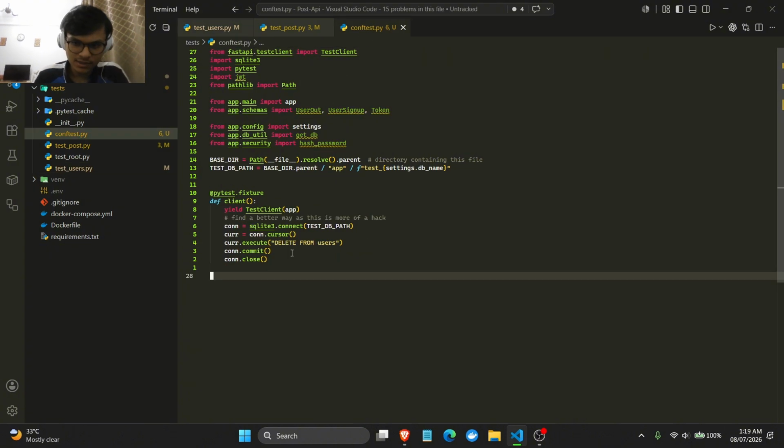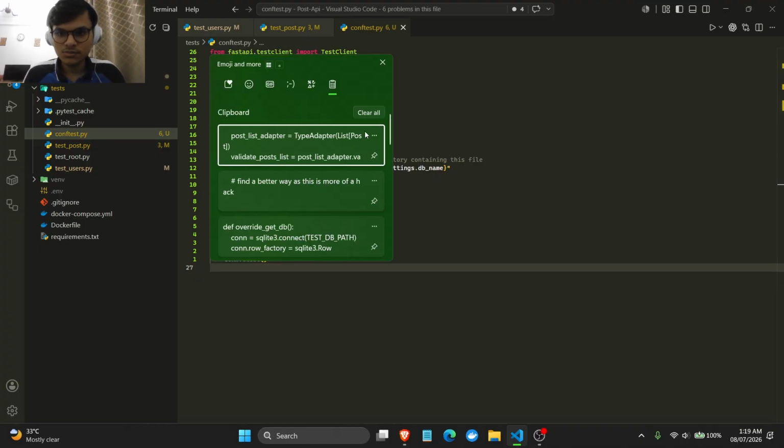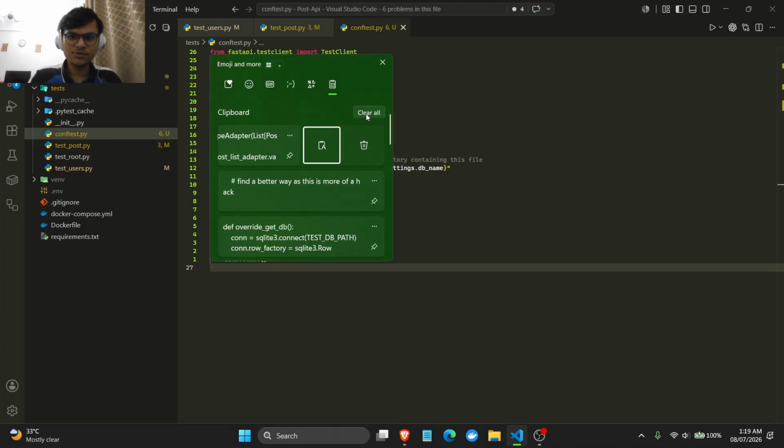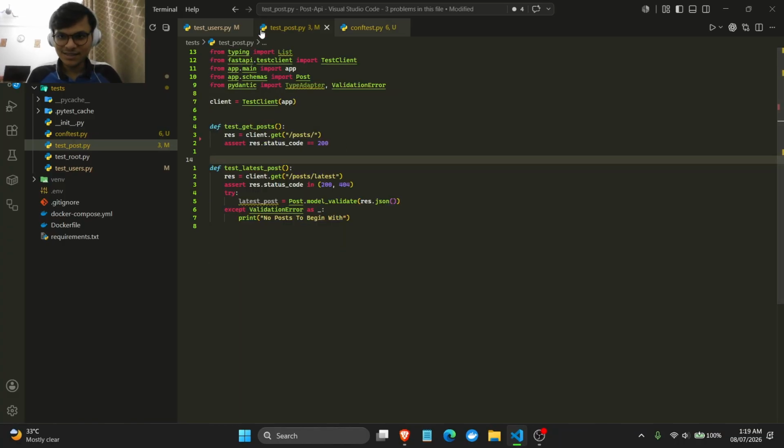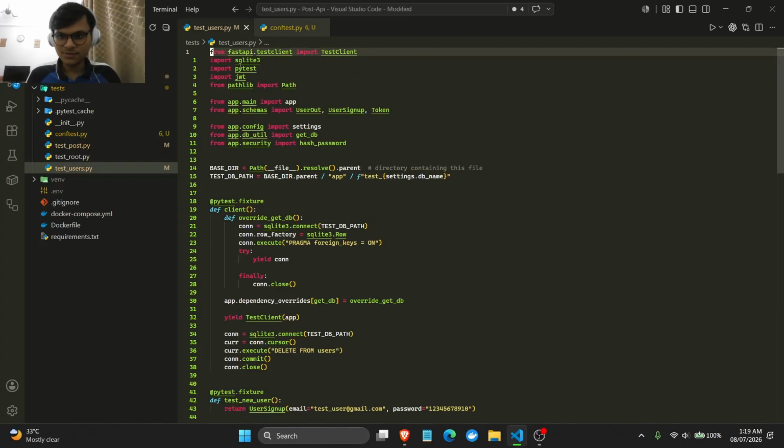Why is it not adding? Is it something wrong with the code, or am I just confused? What is wrong with the code, right? Okay, let's remove this. Why am I taking so long? Anyways,